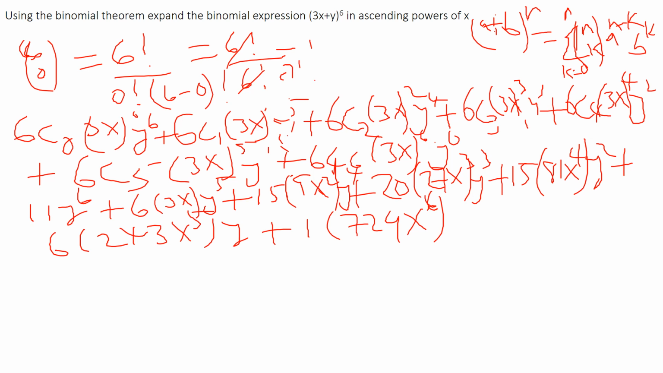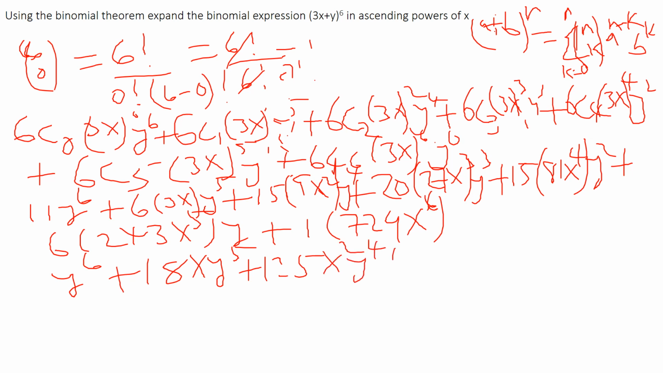We have 1 multiplied by 1 multiplied by y raised to power 6, and this one becomes y raised to power 6, then plus the other one becomes we have 6 multiplied by 3 becomes 18x, then y raised to power 5, and then we have plus 15 multiplied by 9, this one becomes 135, x squared y raised to power 4, then plus the other one becomes 20 multiplied by 27, this one becomes 540,